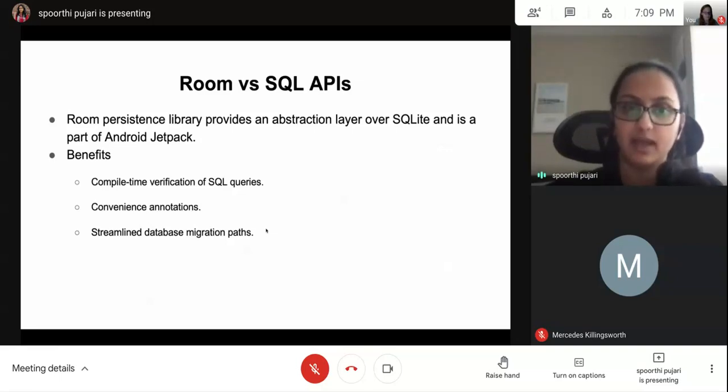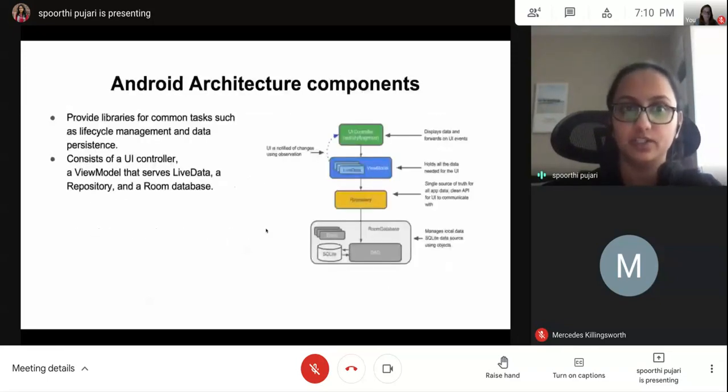So when I compile my app, if I have an incorrect query written, I'll get an error right at compile time. And it's very easy to write. You don't have to write a lot of code. And there's a concept of annotations which makes it very succinct to write code, which we'll look at going forward.